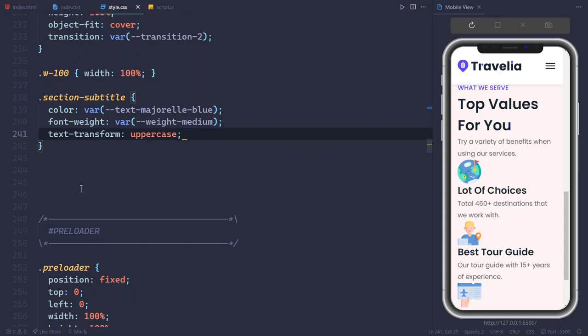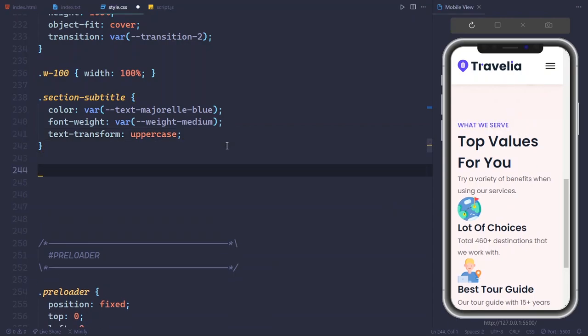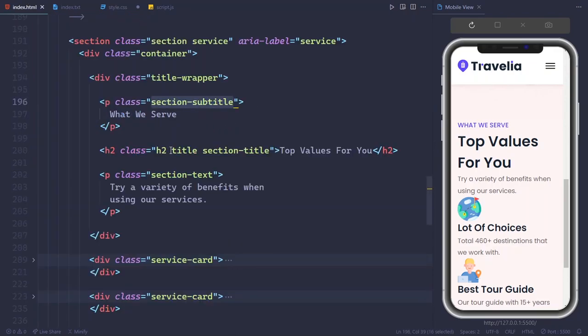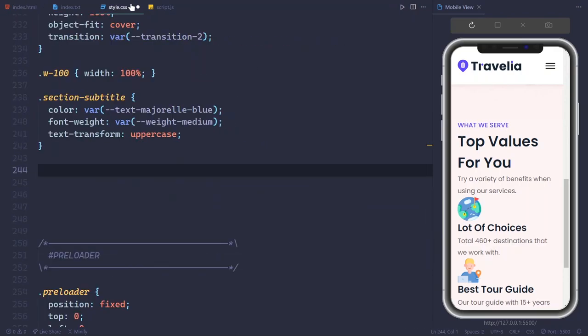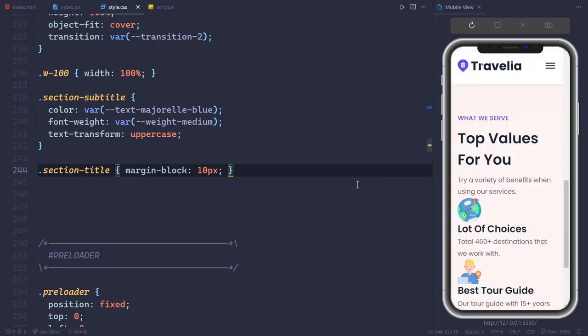Yeah, like this. You can see here all style is applied. So after that, select the section title, and for the section title, margin block will be 10 px because of top to bottom margin, and that's it. Now let's move on to our